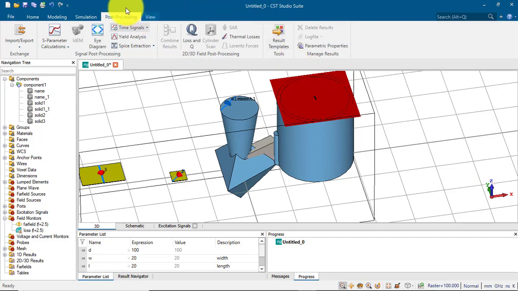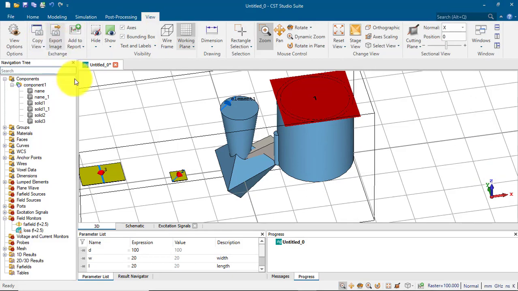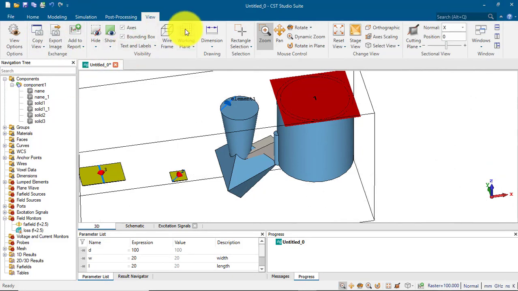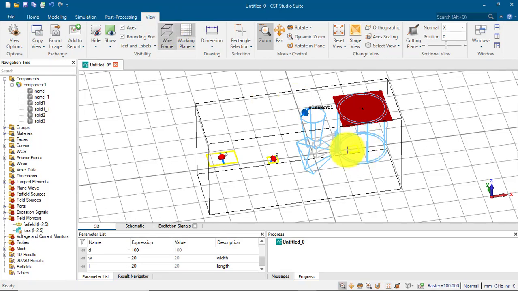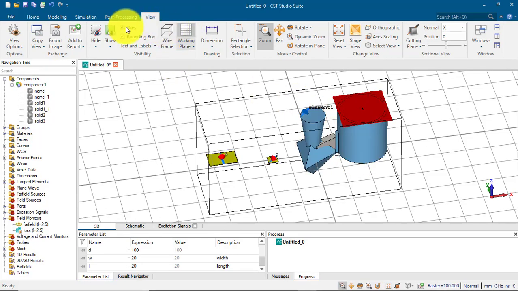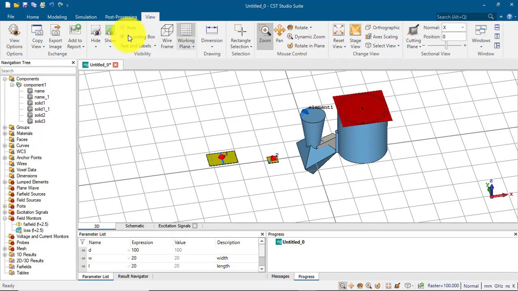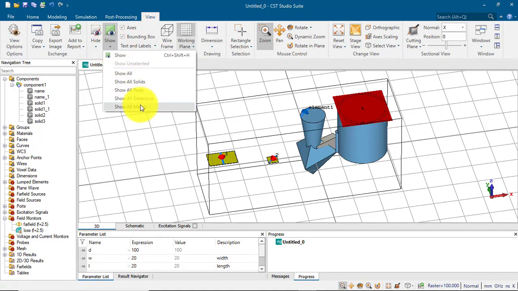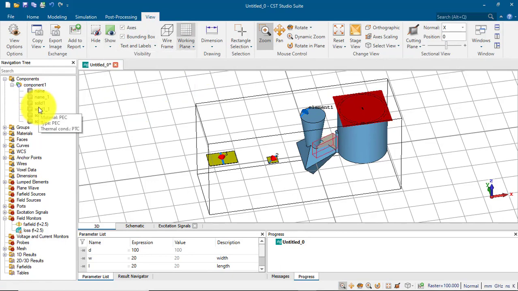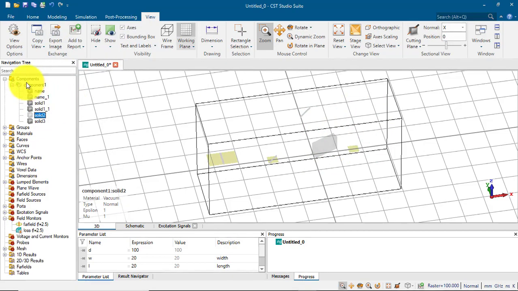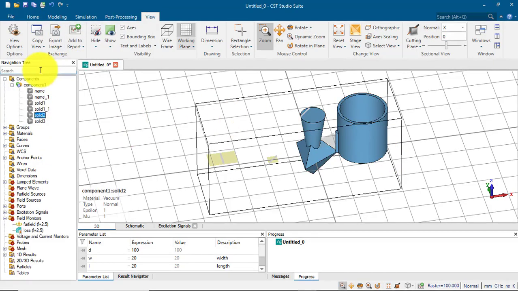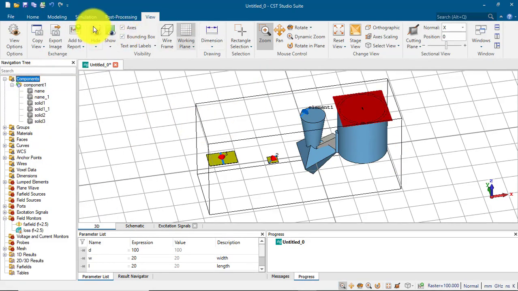And here also we have the view. This is not very important, but we use it a lot because, let me press space, you can remove the working plane or edit. You can wire the frame, you can see this as wires. Let me see it. You can remove the axis or edit, bounding box or edit. You can show what you want to show. Maybe I don't want to see this. Let me hide it, so I cannot see it now. Okay, or I will show it. We can hide all